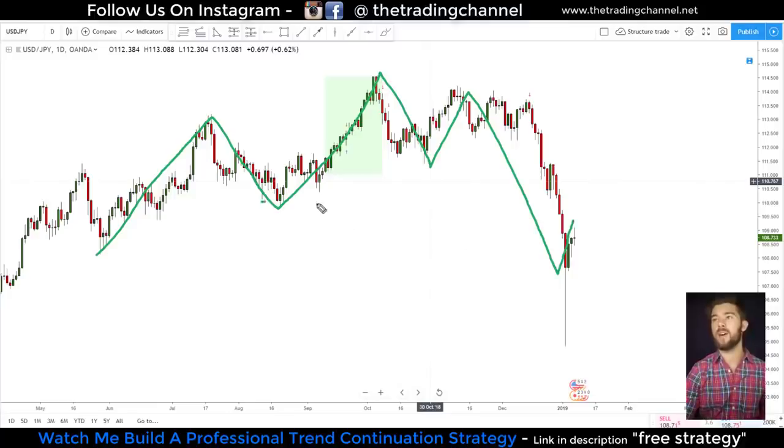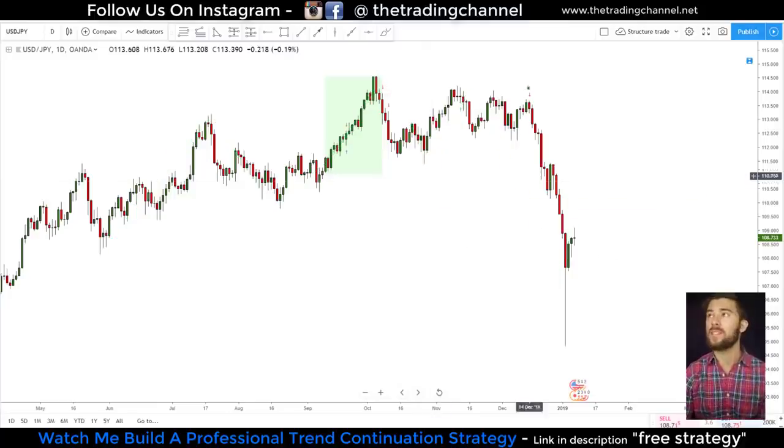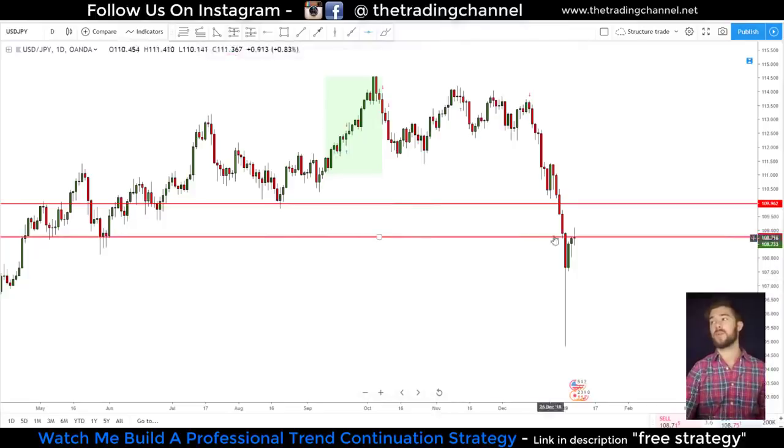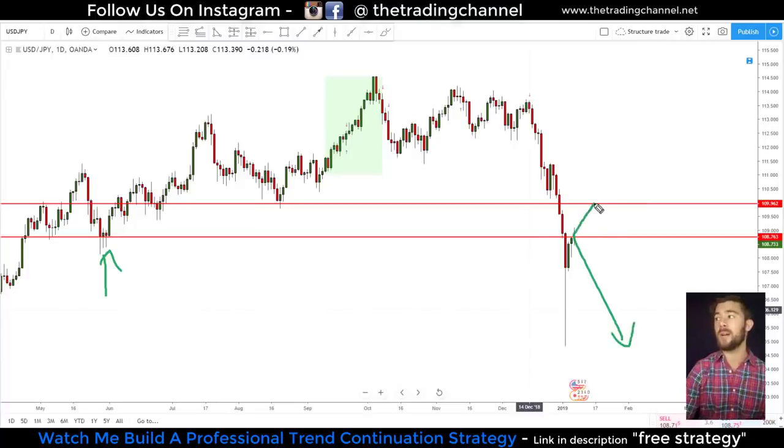What do you think we're expecting now? Now we're expecting, I'll go ahead and actually draw some horizontal lines on the chart, this market to come up to what levels it just broke. This is one of the levels it just broke, and this is one of the levels it just broke. So we're actually sitting at a previous level of support that was broken here on the dollar yen. What are we expecting from this level? Trend continuation. And if we get a little bit higher, then we'll be looking at 109